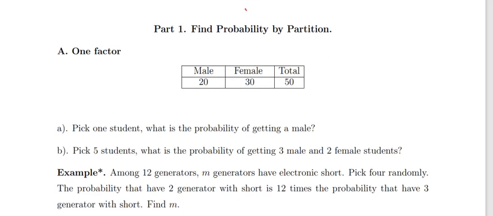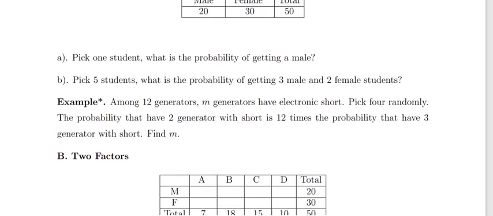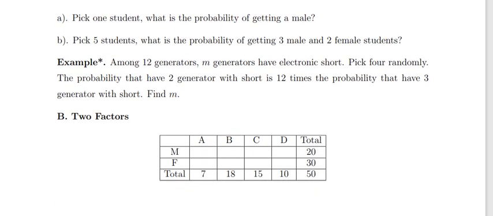Like we pick 5 students. What is the probability we get 3 male and 4 female? The problem is just: from this part pick some, and from this part pick some, right? So let's check this example. We have 12 generators. Among these 12 generators, we have M generators that have those,